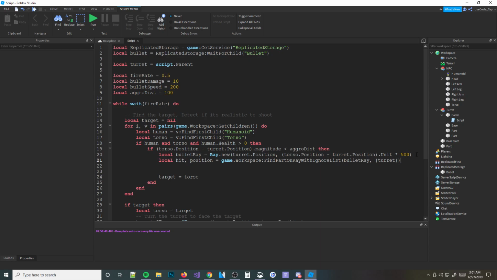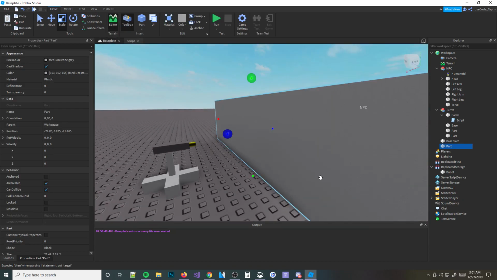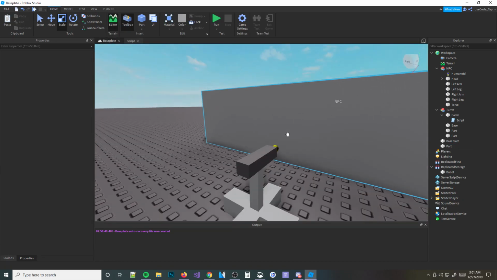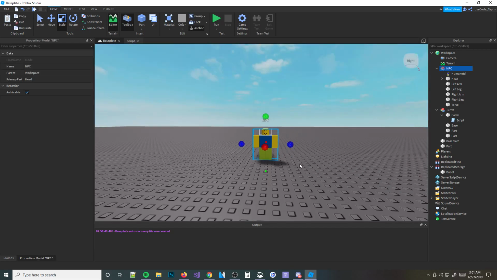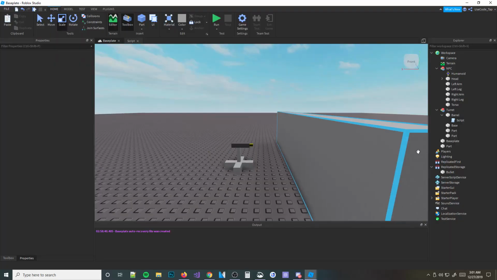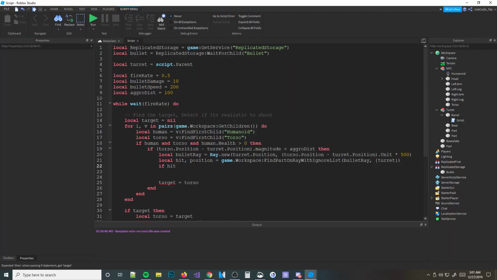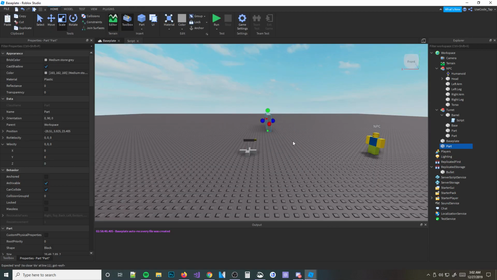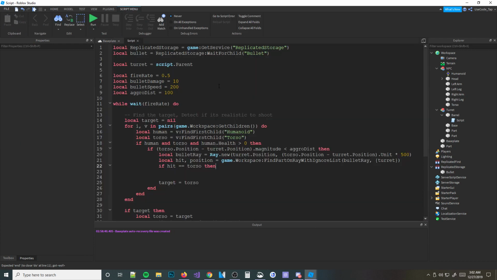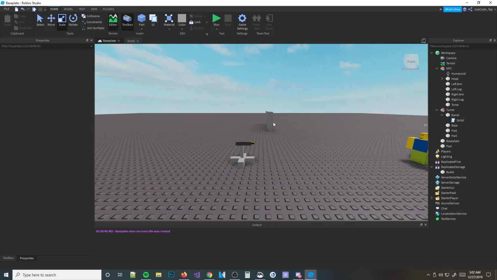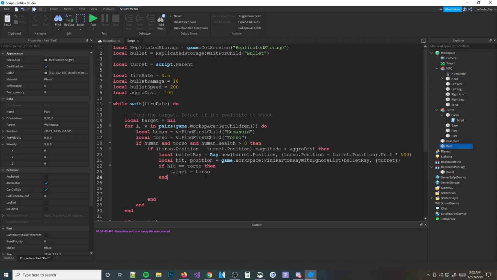Now that we have that, we're going to do if hit. So if it hits something, it's going to hit the wall, right? When the ray is cast and there's a wall in front of it, it's going to hit the wall, even if the turret is looking right at the player. So if hit is equal to torso, okay, that means there's no wall there, and it's going right to the torso. So if hit is equal to torso, then the target can be equal to torso. Basically, don't set the target unless the ray hit the torso. So then we'll do else, then print